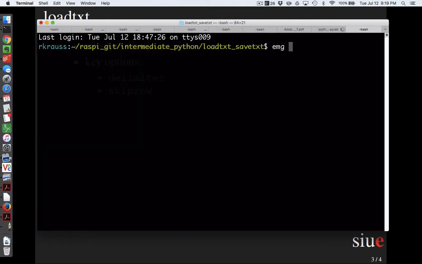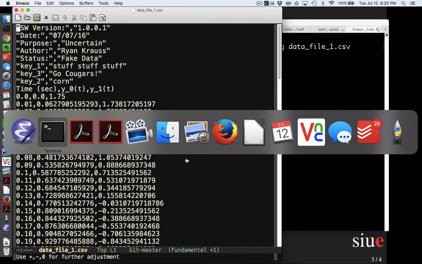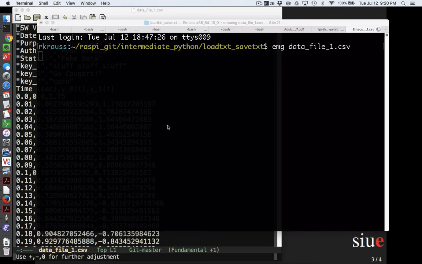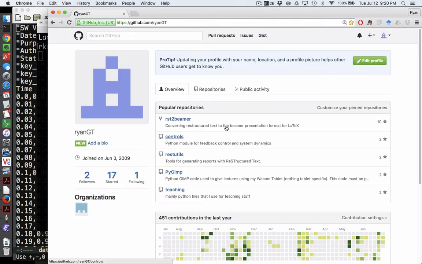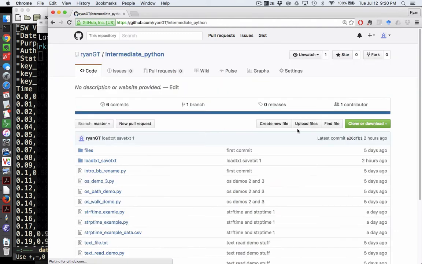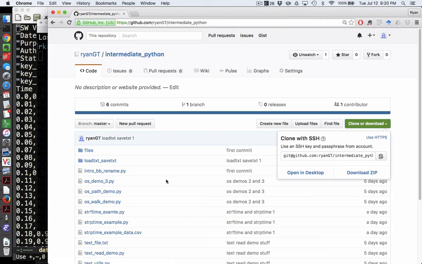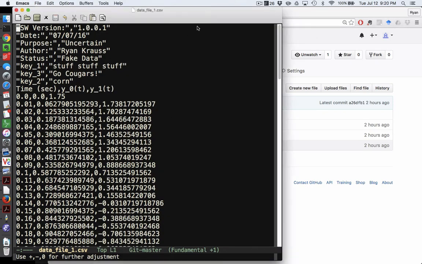But then let's also open up data file 1 CSV. By the way, all of this is on my GitHub site. I made a special folder underneath intermediate Python, and if you do a git pull origin master, if you've already got the repository, or a git clone, it contains two different CSV files, which we'll talk about in a second, and then the example for saving the text. So this is the loadtxt file,